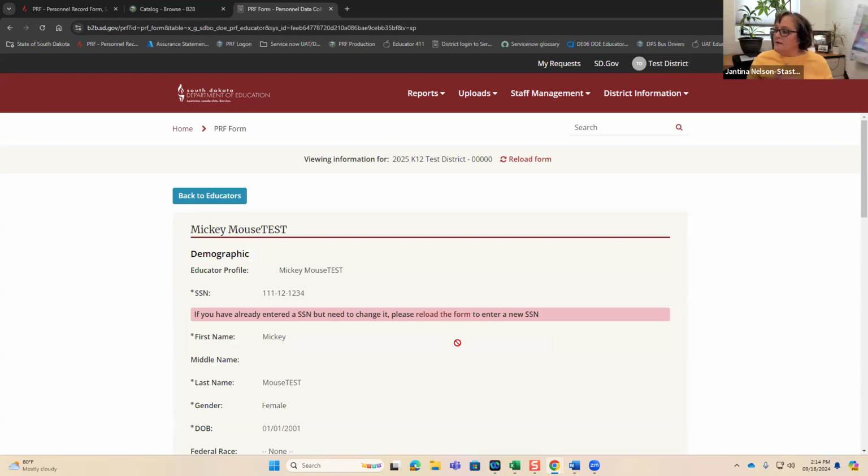You do not change his record to reflect no longer employed. This will be done next year in the 2025-2026 collection. That's a common mistake. You have to account for the portion of the year that he was employed.